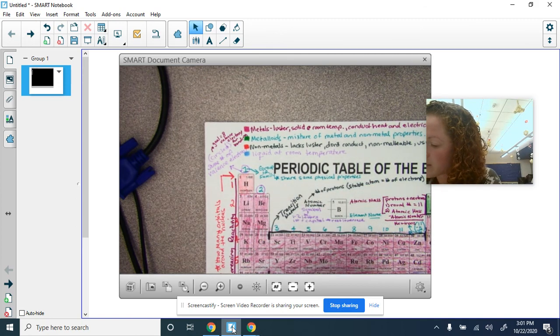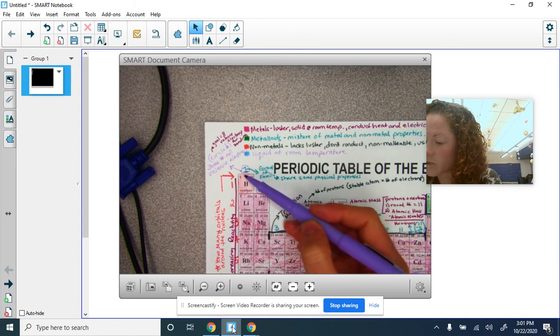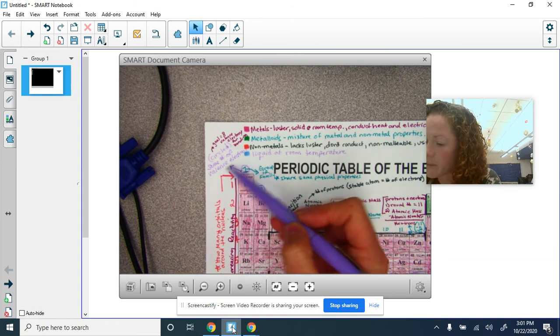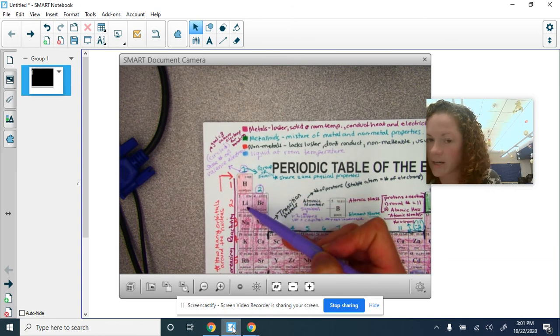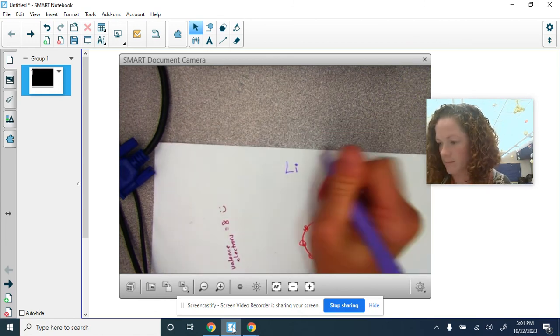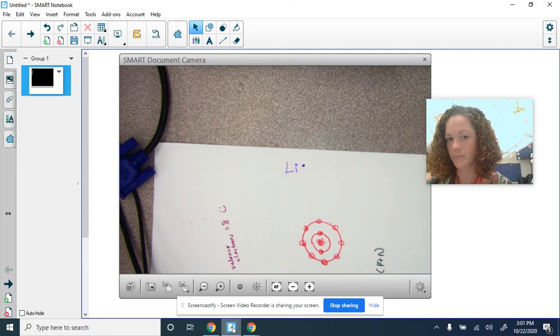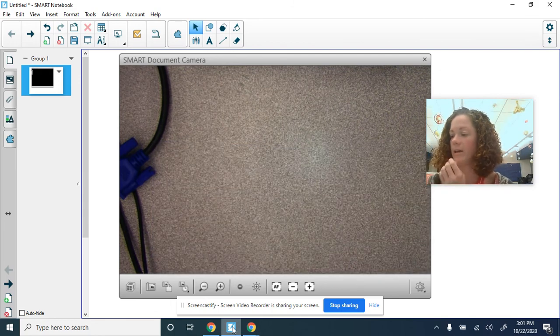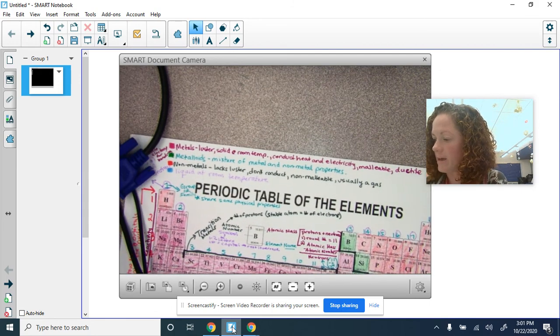So remember, these are the valence electrons, the numbers that we circled. Circle the number of valence electrons. So there's one valence electron in lithium. That means there's going to be one dot. Let me start over here. All right, so if we look at, let's say,